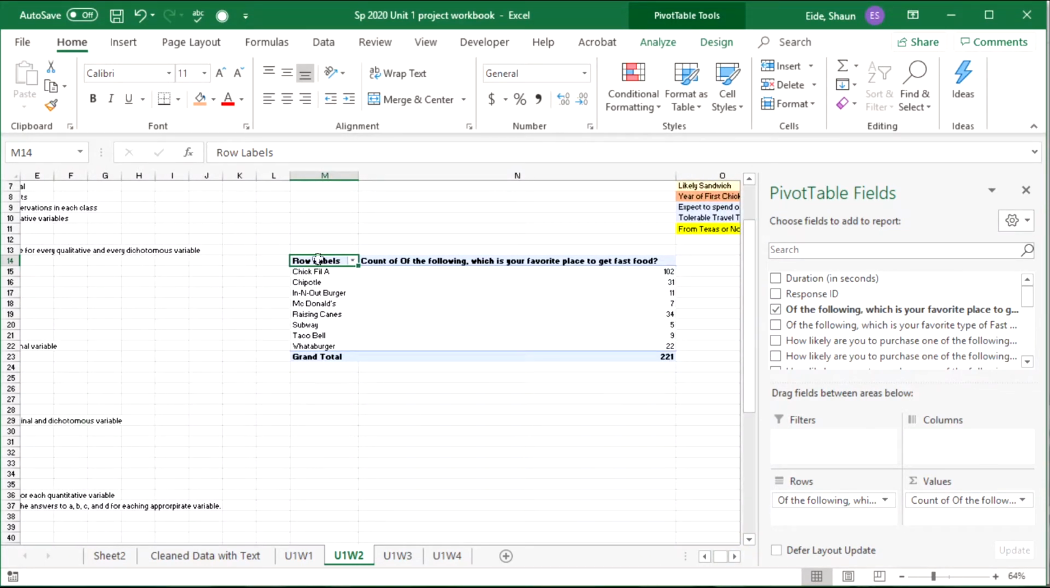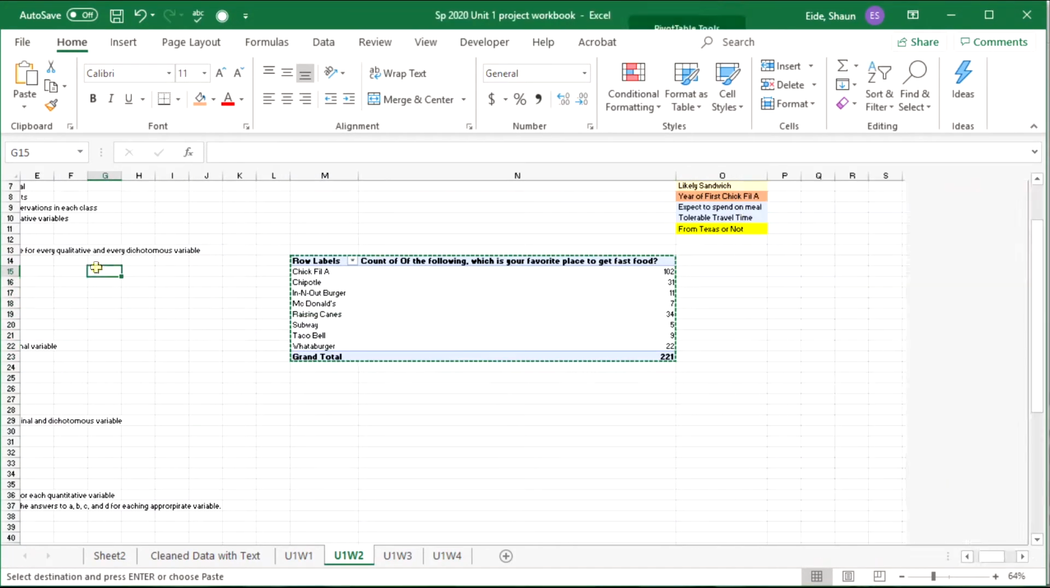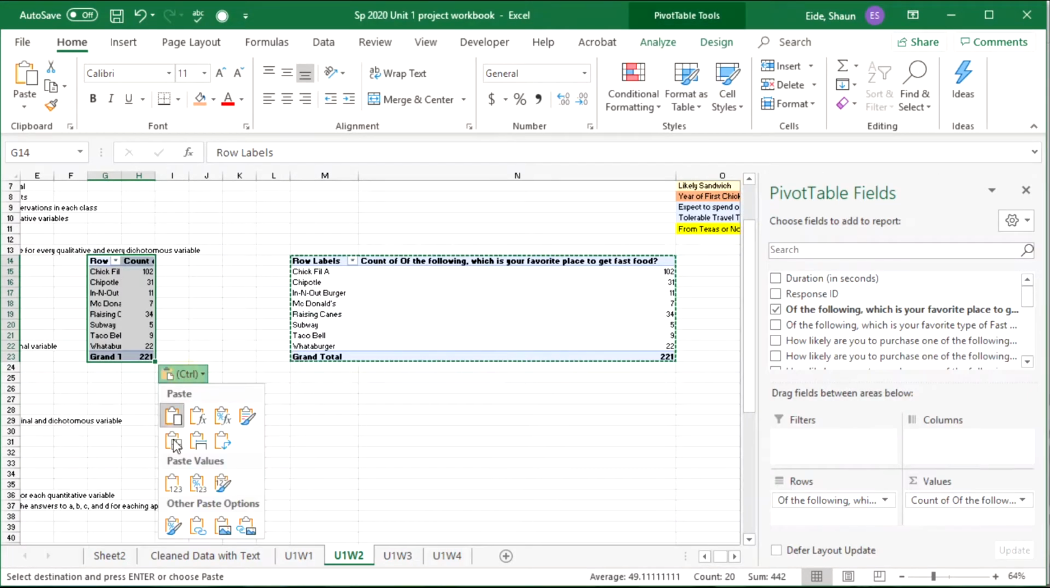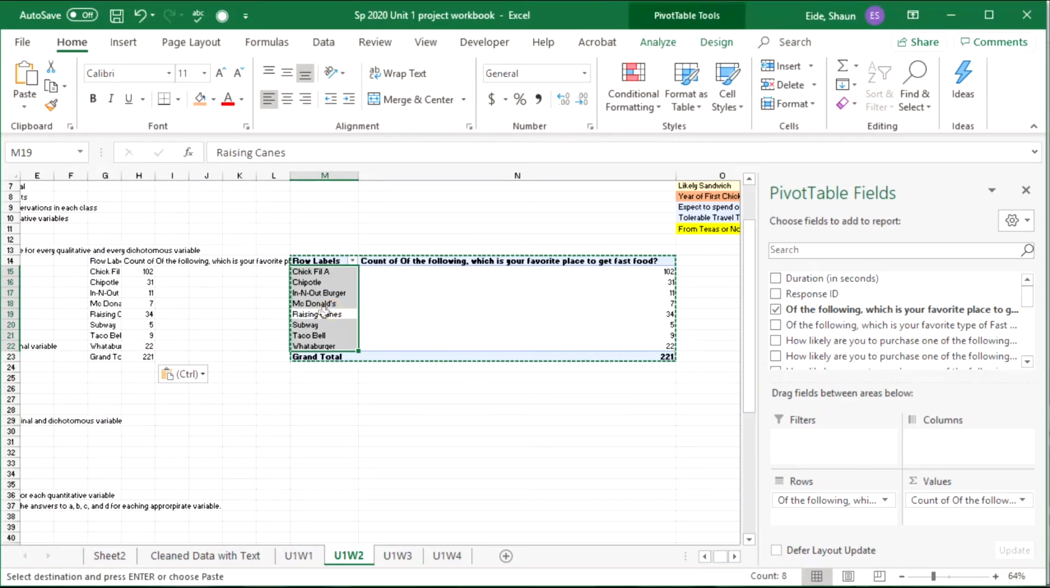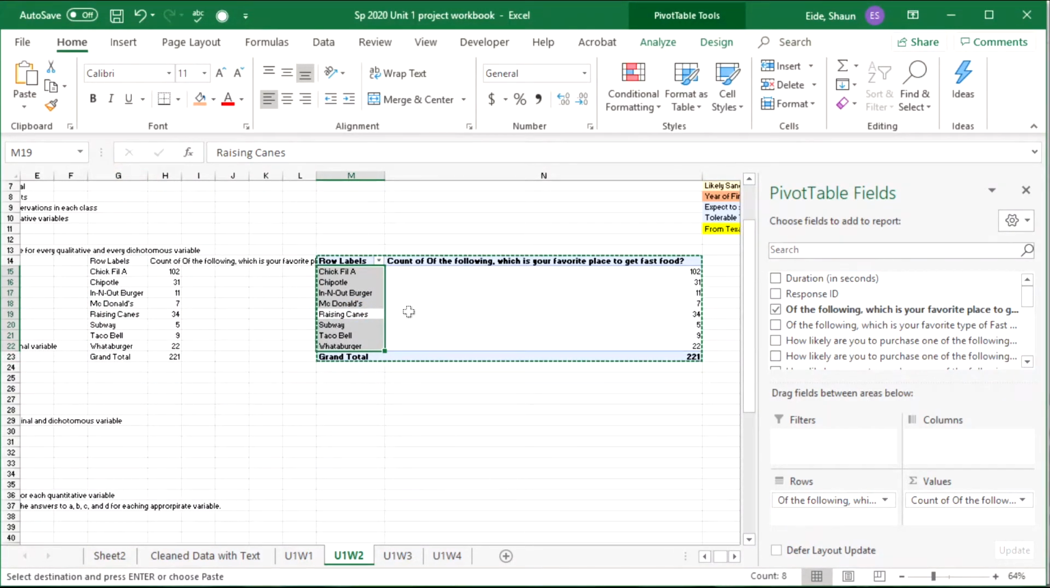Okay, so count to the following, and what you can do is press Control C, press Control V, and then just give it the values. So what I did there is I copied and pasted it. I copied this and I pasted it over here, but I got rid of the pivot table. I got rid of the way that it functions as a pivot table,